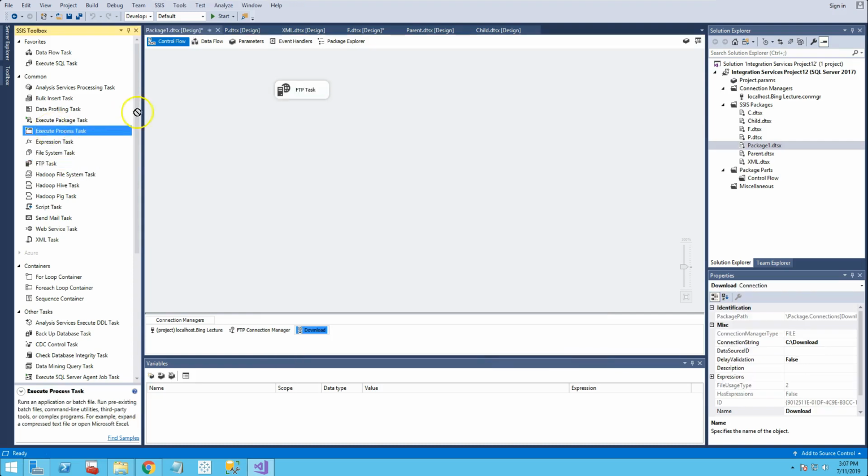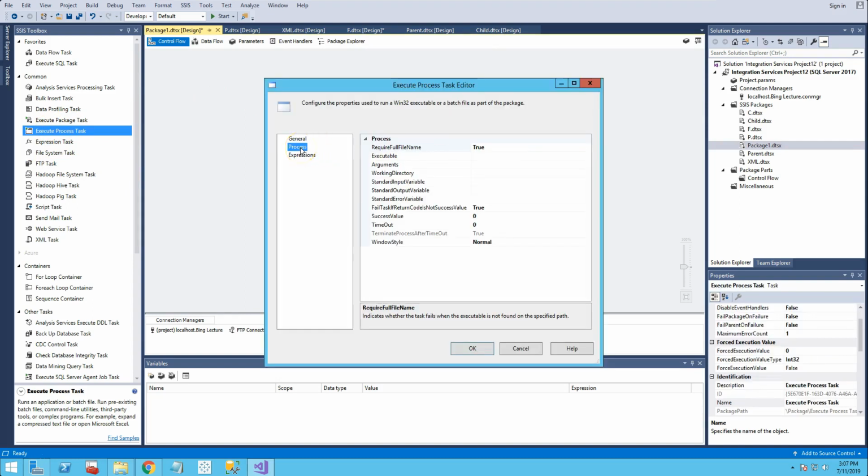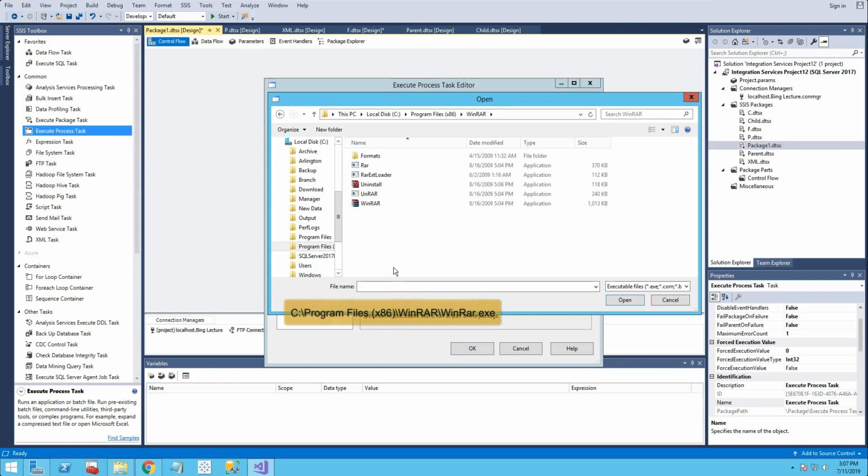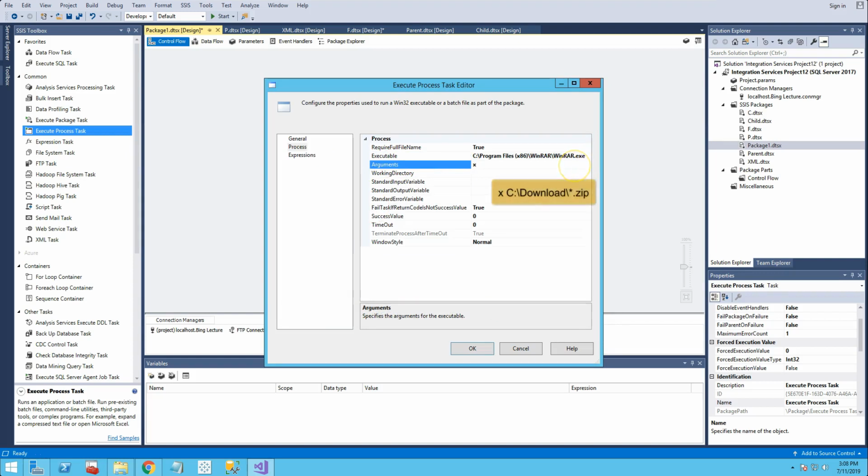Then drag in an execute process task. Set executable is argument is working directory is